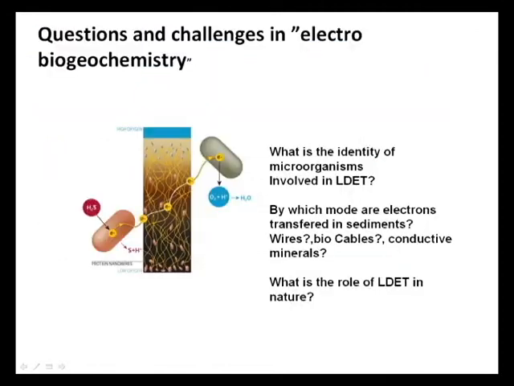In the very, very initial phase of understanding what this actually means for microbiology and for biogeochemistry, we are looking for the identity of the organisms that are able to transmit electrons over distances that are 10,000 times larger than a single bacterium. We are looking for a mechanism for how this can occur, and we are right now searching for this process in nature. Until now, we have only been able to reproduce this in our laboratory, but we are convinced that it can be a very important process, for instance, during periods right after oxygen depletion.